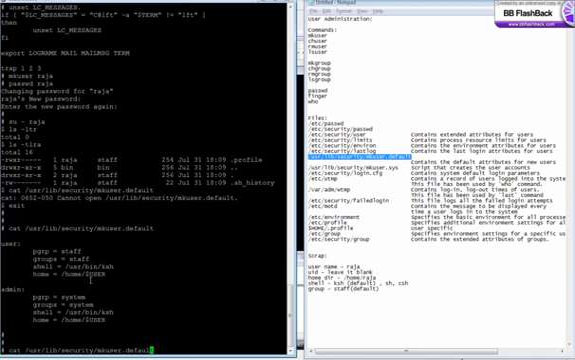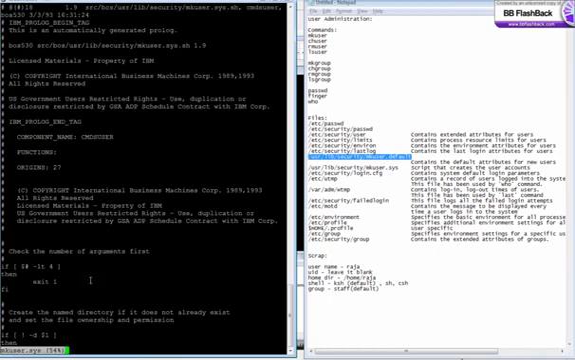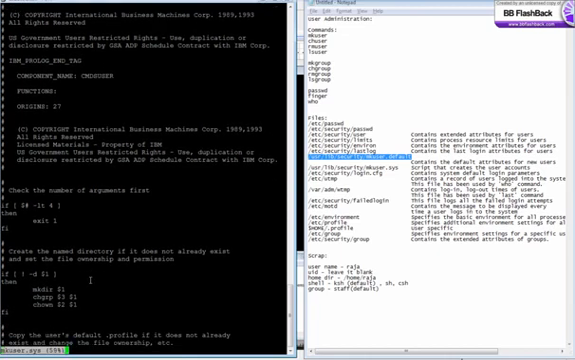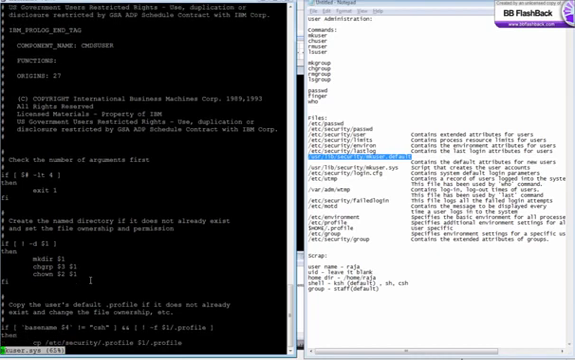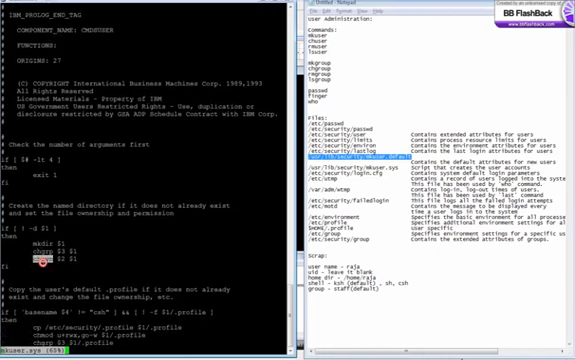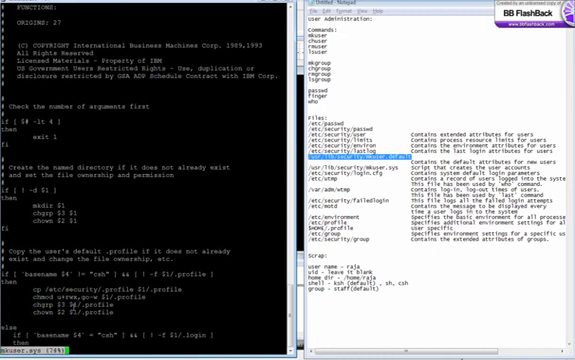These things are done by a script called mkuser.sys. This mkuser.sys is a script which does the creation of users by adding entries into /etc/passwd, by creating a home directory, setting the ownership. And see over here, it creates a directory, it uses chgrp and chown for setting the permissions and ownership, and sets the permission over here. And it even copies the default .profile from /etc/security to